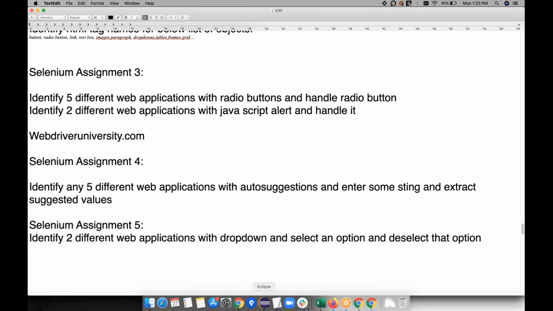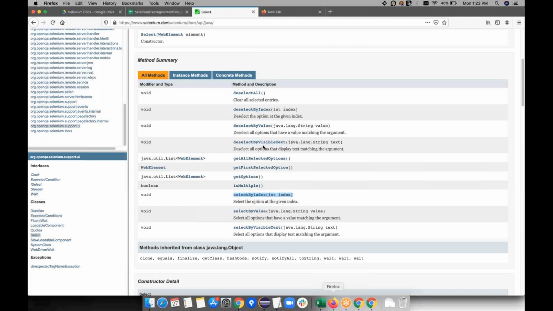Let me give a small hint as well. In the same class, you just have to use these methods to deselect any value by value, by visible text, or by index, right? Or if you want to deselect everything, then just use deselect all, right? So that's all about this particular topic. It's very simple. I request you guys to work on the assignment and let me know if you have